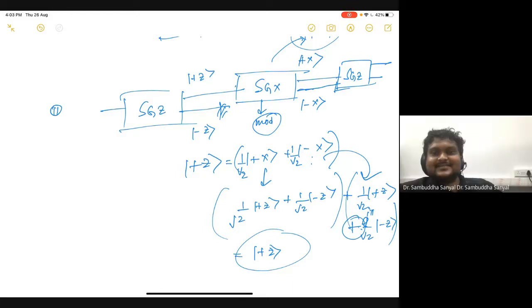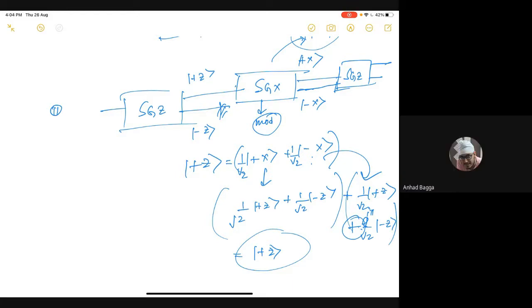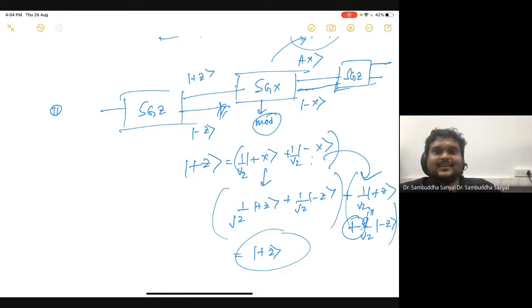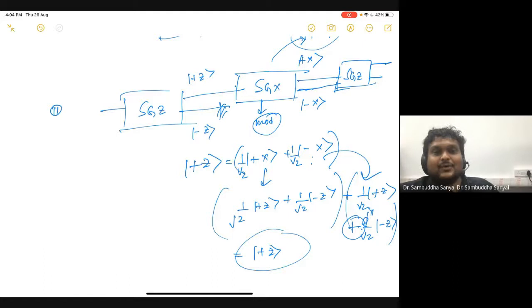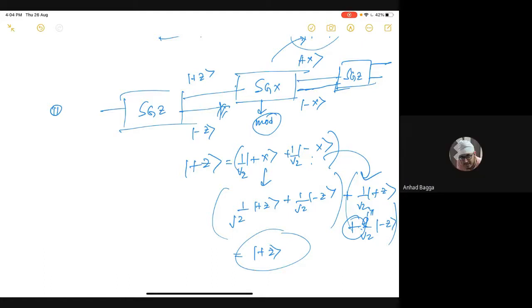Any more questions? Sir, I didn't get the part when you said the 45-degree won't match up, isn't the phase the same thing? Can you explain? Yeah, the 45-degree idea, the rotation idea. See, 1 by root 2 is 45 degrees, just to remind you. There is no way to differentiate between plus X plus minus X and plus X minus minus X.